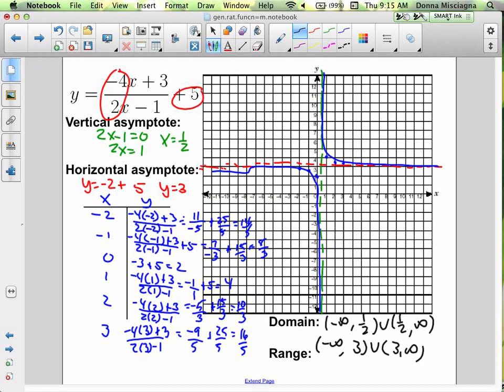All right, let's add the end behavior, and then I'll stop this tape for the closing. Okay, end behavior. So f of x approaches 3 as x approaches -infinity. It's going to approach -infinity. As x approaches 1/2 from the negative side, it'll approach +infinity. As x approaches 1/2 from the positive side, and then as x approaches +infinity, our function's approaching 3 again,